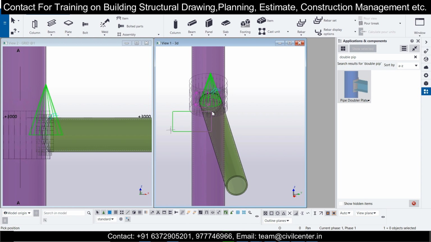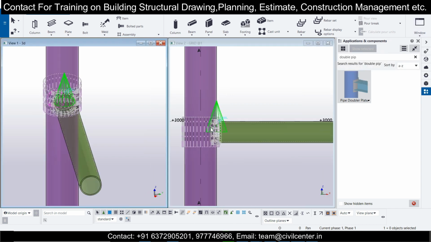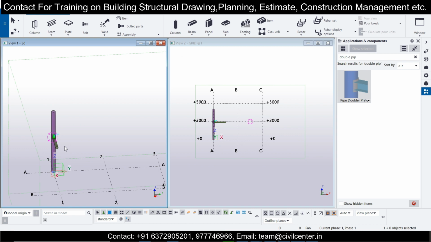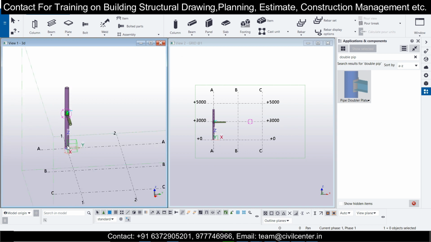Suppose you want to go for a different type of beam. Just go here and tile vertically once again properly. This time we'll have a column that is circular, but a beam of rectangular section. So let's select the columns and apply the column here like this.